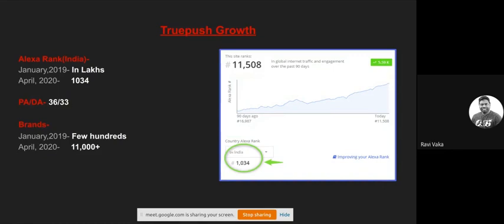Honestly speaking, we had no clue because we were late entrants, and after TruePush, there are barely any companies which have come forward in this segment. It was definitely a challenging ask because by the time, OneSignal and other companies had significantly made their mark in the industry. So both Manoj and I had to go back and figure out what our strategy could be and how we go about promoting TruePush.